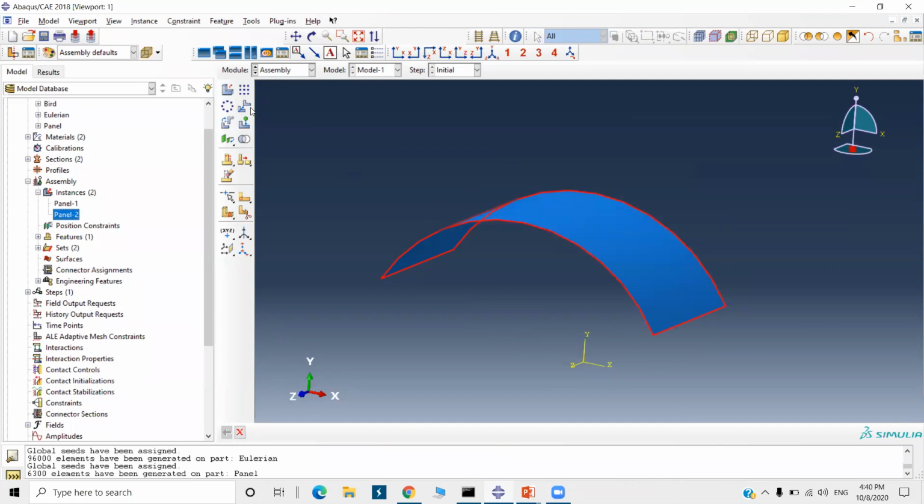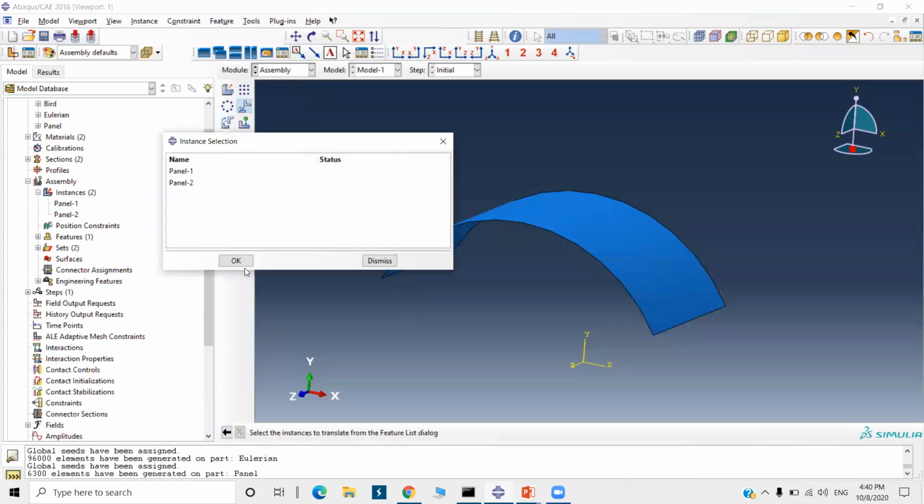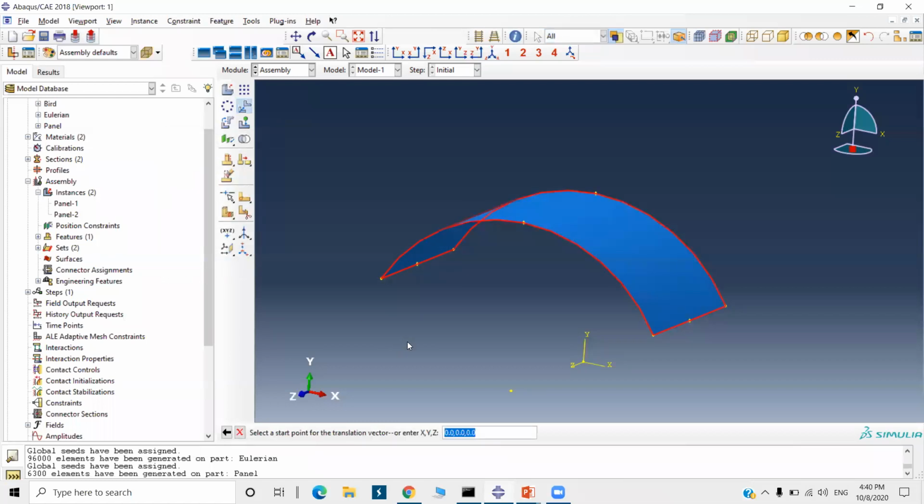Panel 2, I'm going to select this translate instance icon and select here panel 2. Okay, instances panel 2 and okay. Select the start point 0, 0, 0 and end point in the y direction it is 0.1.